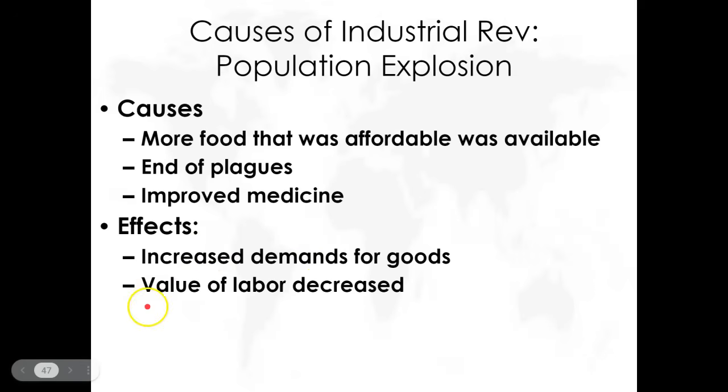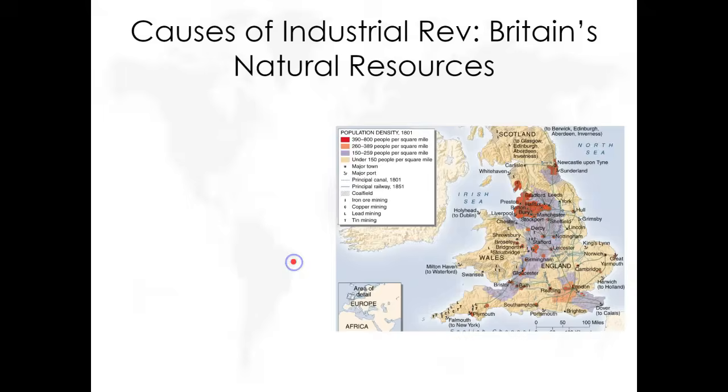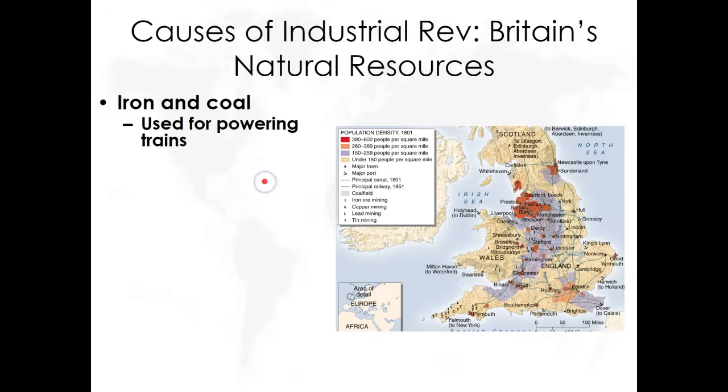And since you have more people, you now have more people who can work in factories, who can make those textiles to turn into t-shirts and stuff like that. Because you have more people, that now actually devalues their labor. So overall salaries aren't going to be looking too good right now, but eventually they will get paid more. So just know population explosion is going to be a key part of industrialization. You need more people if you're going to industrialize. All right, so why does it start in Britain?